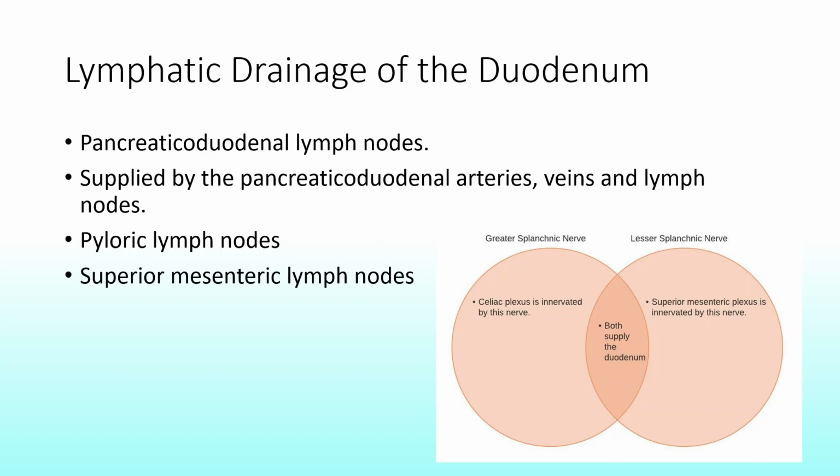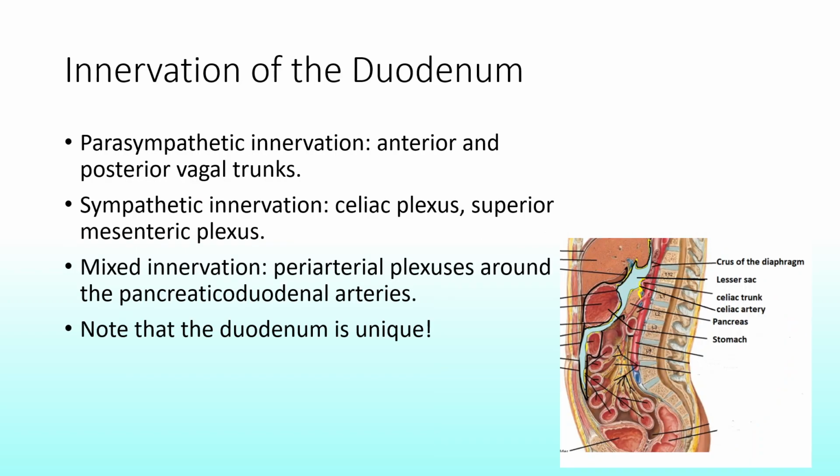And innervation of the duodenum. So we have the sympathetic and parasympathetic innervation. Parasympathetic includes the anterior and posterior vagal trunks. Sympathetic is the celiac plexus and the superior mesenteric plexus. Note that the celiac plexus is innervated by the greater splanchnic nerve, whereas the superior mesenteric plexus is innervated by the lesser splanchnic nerve. For mixed innervation, this includes the periarterial plexuses around the